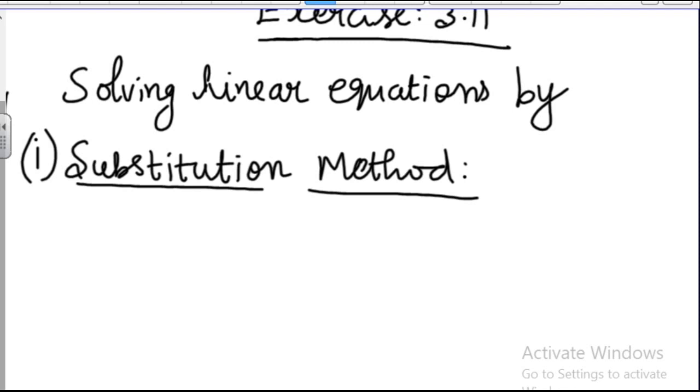In the substitution method, we have two linear equations. In that we are substituting the value of one variable in terms of the other variable, that is called substitution method. ஒரு variable இன்னொரு variable ஆ நம்ம convert பண்ணி அதை கொண்டு வந்து equationsல apply பண்ணுவோம். ஓகேவா, that is our substitution method. So எப்படி sums போடுறதுங்கிறத பார்க்கலாம்.